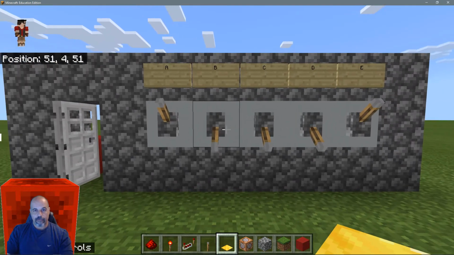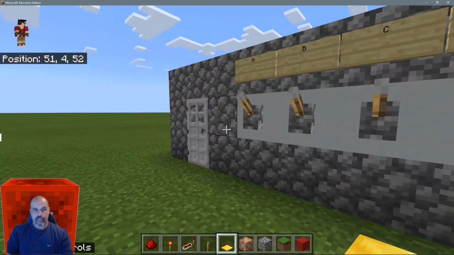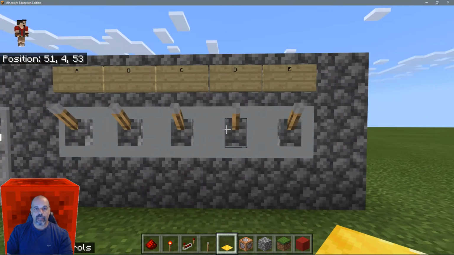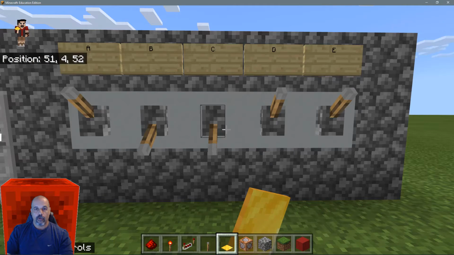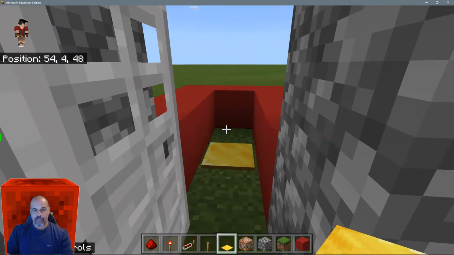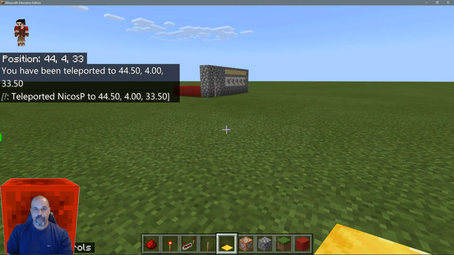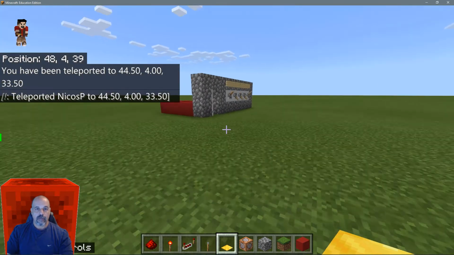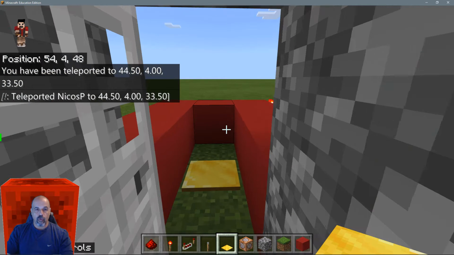The students need to figure out the code. They're trying all these things. They're trapped in this room. They can't get out. Once they've discovered the code, boom, boom, boom, door opens. They're going to walk through, and as soon as they step on that pressure plate, there you go. They've been teleported. Okay. So every time they go through, and that could be another room, it could be another